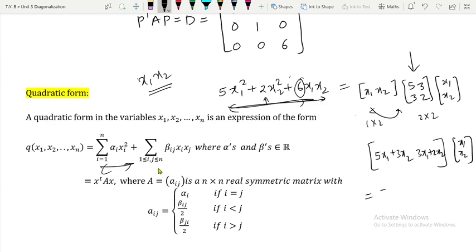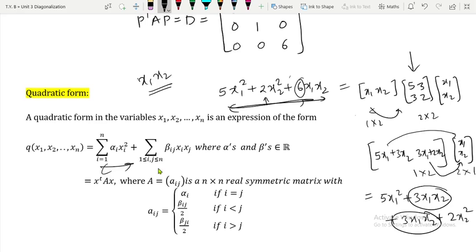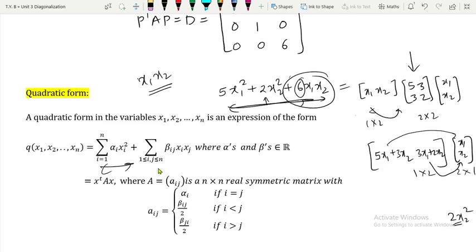And again if you take the product, it will be 5x1 square plus 3x1 x2 plus 3x1 x2. So it is 1 cross 2, it is 2 cross 1, so 1 by 1, right? So what I will have over here, this multiplied by x1 is 5x1 square plus 3x1 x2, and you are going to multiply the other by x2. So plus 3x1 x2 plus 2x2 square, and 3x1 x2 plus 3x1 x2 is going to be 6x1 x2, and you get 2x2 square and 5x1 square. I hope you got it. So this is the trick.